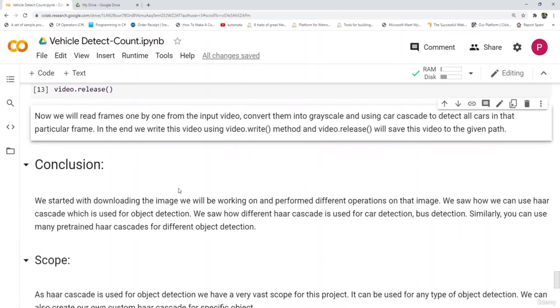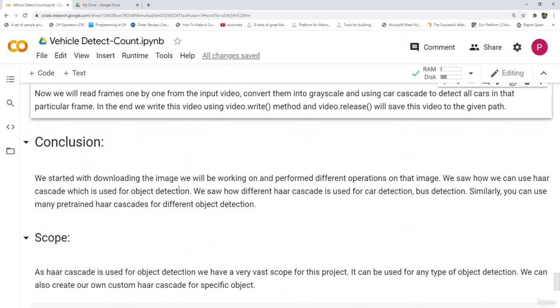So we started with downloading the image that we will be working on and performed some operations on that image. You see how much pre-processing we did on the image. Similarly, we saw how we can use Haar cascades, which are used for object detection. We used Haar cascades for car detection and bus detection.